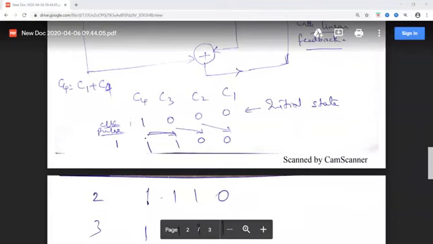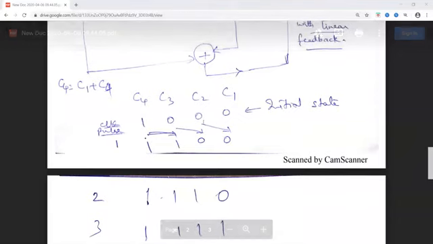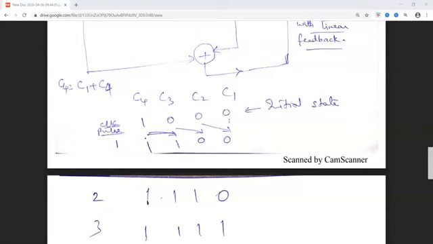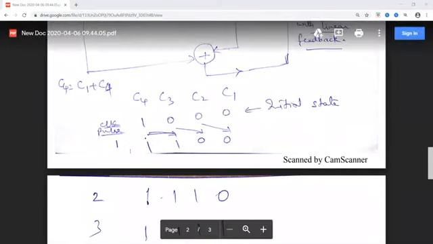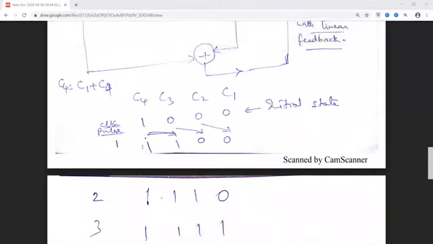So let me consider the initial state again as 1, 0, 0, 0. This initial state, either you can load it to the flip-flops serially, or it can also be done in parallel, for which you require a clock pulse. Now once this is the initial data, let us go on applying the clock pulse, perform this operation, and find what is the new data in the register.